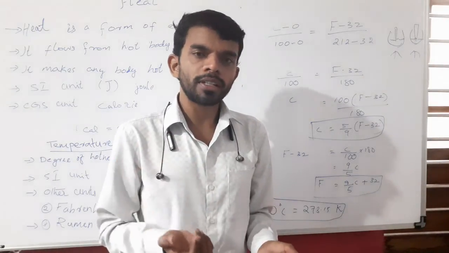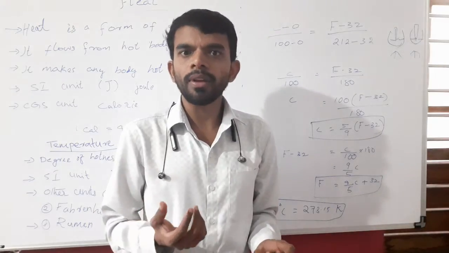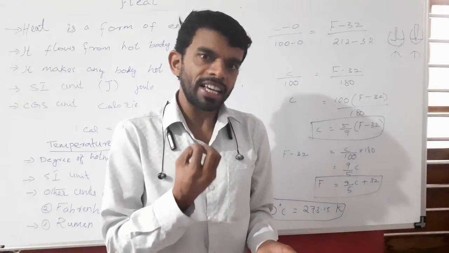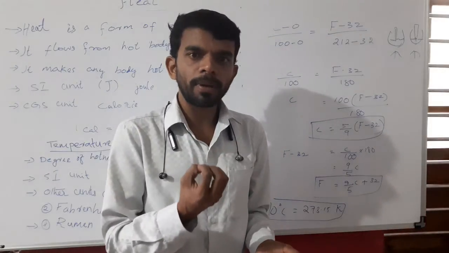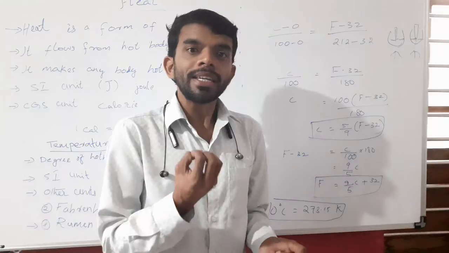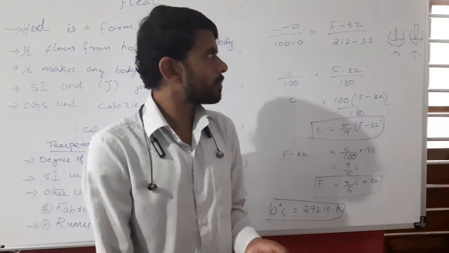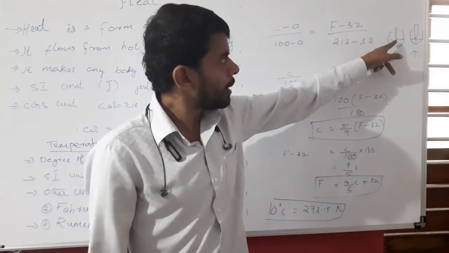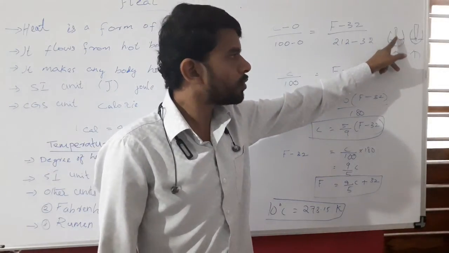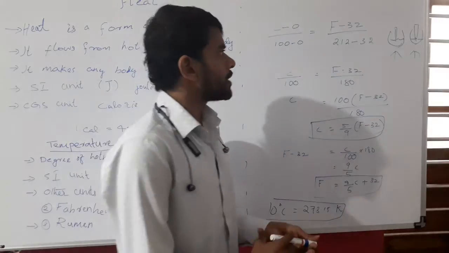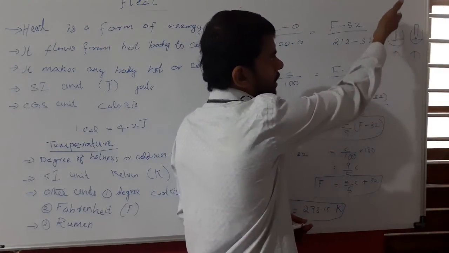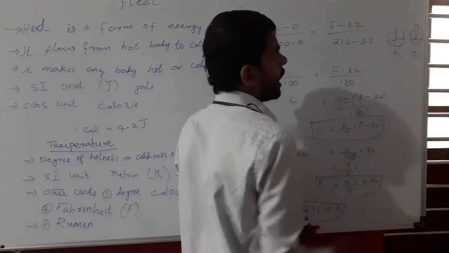If you consider any body, when heat energy is given, there will be expansion. This expansion is known as thermal expansion. The expansion due to heat is known as thermal expansion. So the mercury undergoes thermal expansion, making the mercury go to a higher level. As the body receives the heat, the level of the mercury goes up.